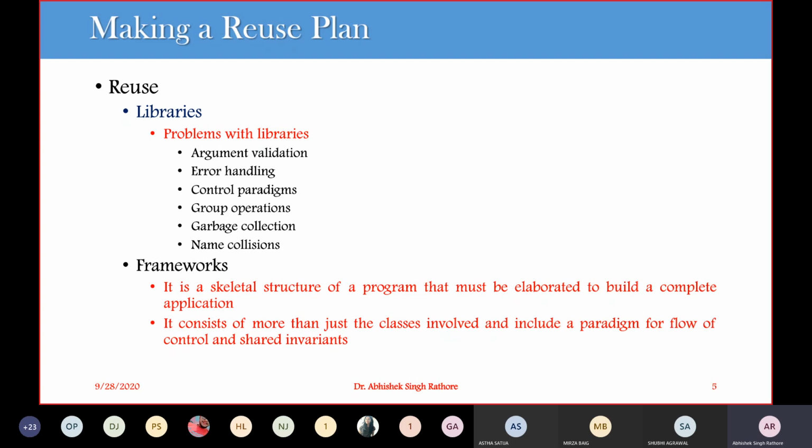So methods in one library may return error codes to a particular calling routine, for example, while a method in another library may directly deal with the error. So you should provide some error handling techniques. Then we have some control paradigms. Your application may adopt event driven, or you can have some procedure driven control.